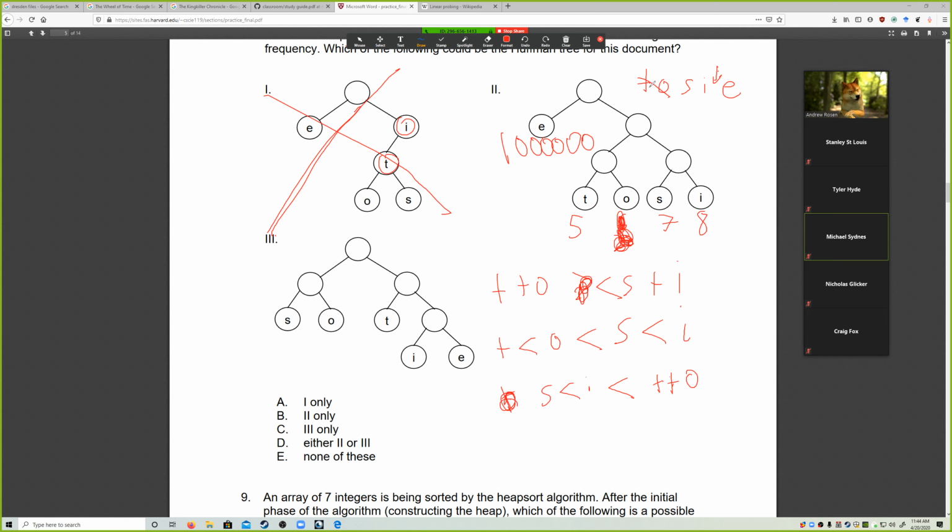So T and O would get moved back in the priority queue because it would have a higher weight. So S plus I would get added together. And since we know that T and O is on the left,